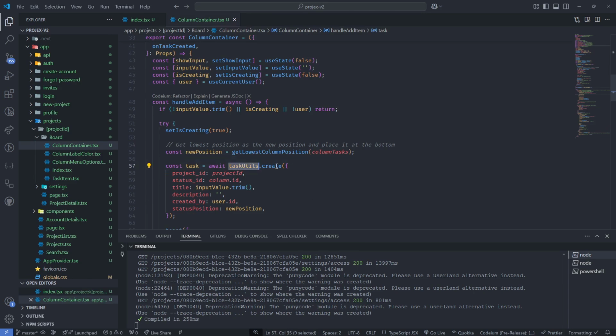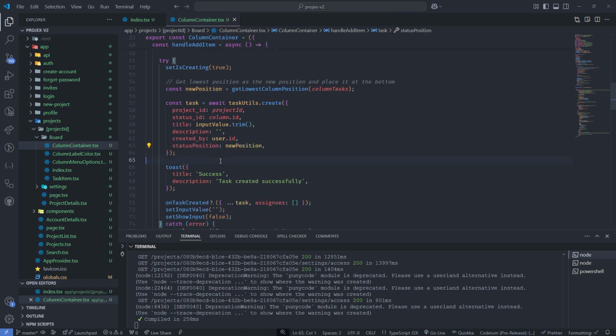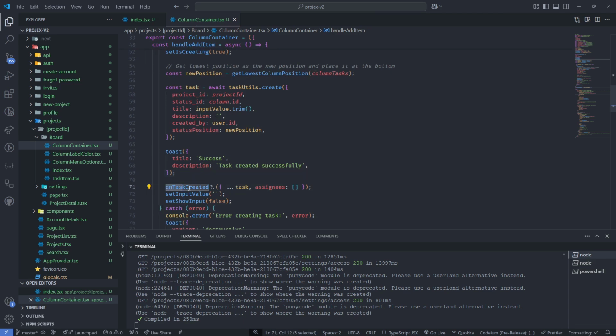So we do task utils.create. We pass the details here, including the status position, which is going to determine the position of the item. If it is the first item that we are creating, then it's going to give it that 10,000 position number. All right, and here it's going to say task created successfully, and we are calling this on task created as well after this is created, so that we refresh the